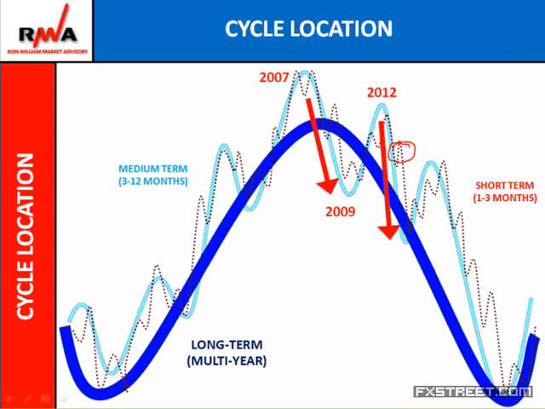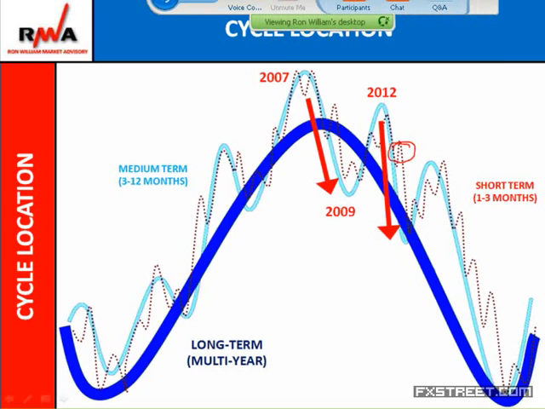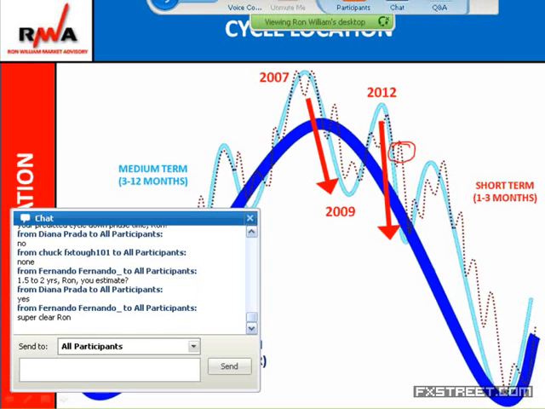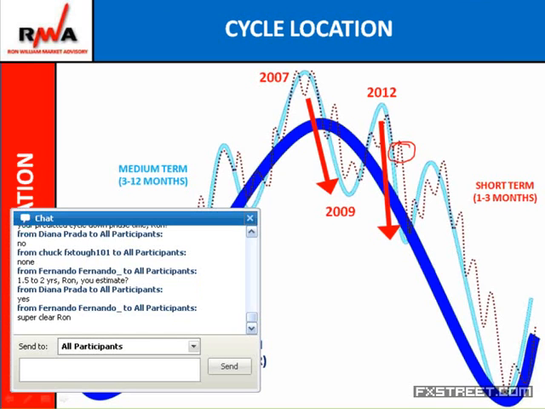Okay, great. So Diana's saying that's clear. Fernanda's asking the question, 1.5 to 2 years? Roughly, it's 1 to 2 years. This changes all the time, and so I'm looking at the cycle proxies on a daily basis, weekly basis, and a monthly basis. So this does change, but generally speaking, from a macro perspective, we are moving into a negative cycle in Western markets over the next year or two.